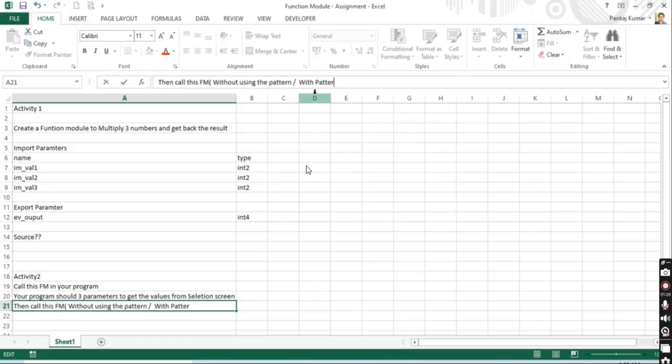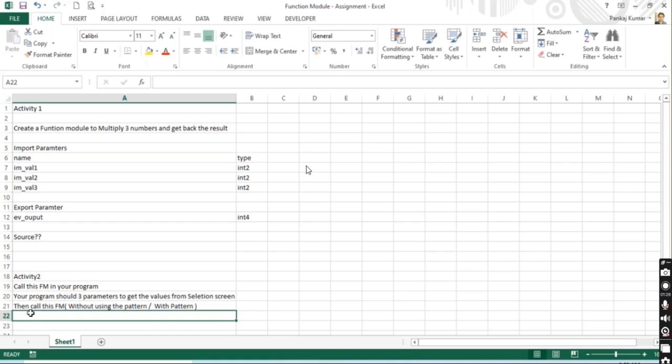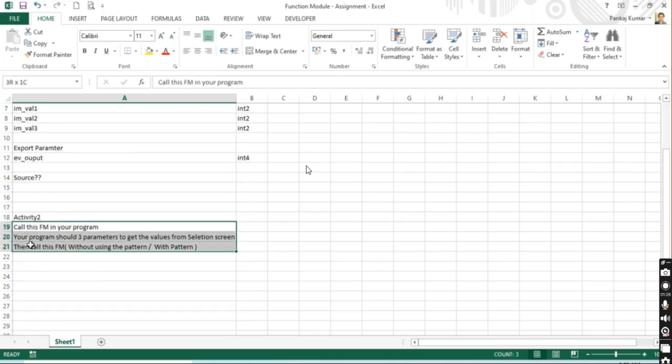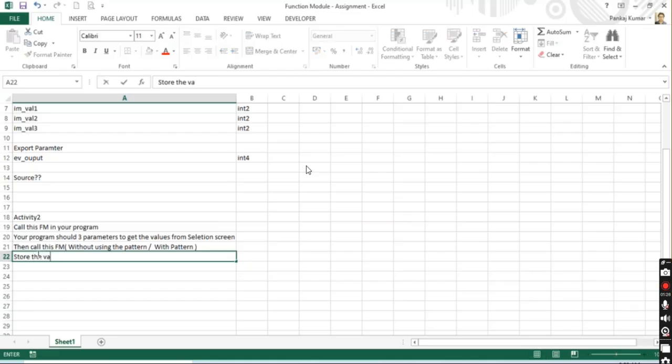I have shown you how to use the pattern; if you have doubt, you can go through the video again and check. Store the importing value in some variable, and then using the write statement, display the